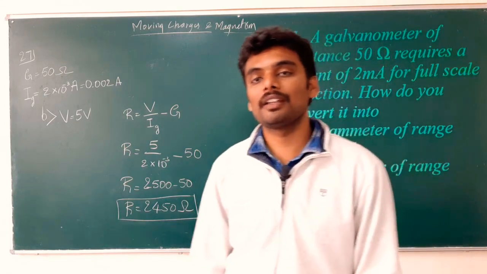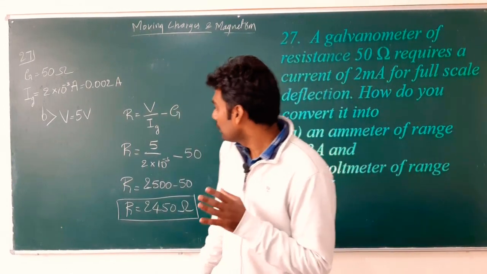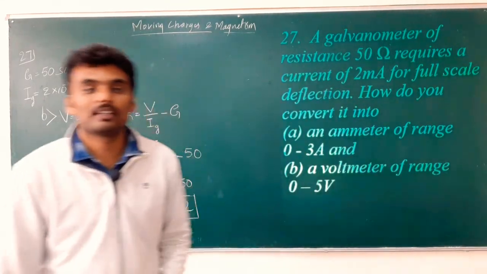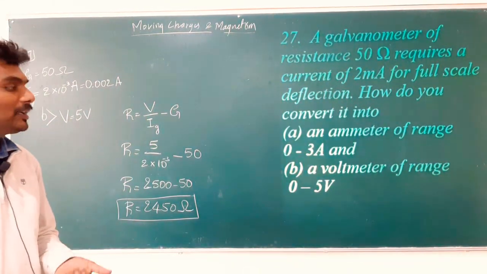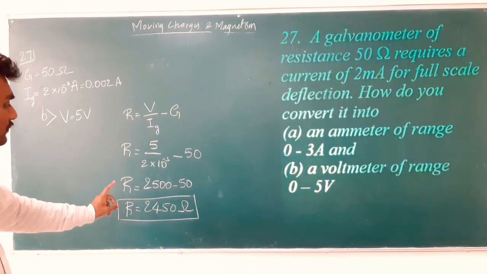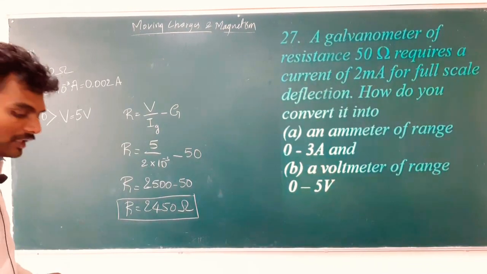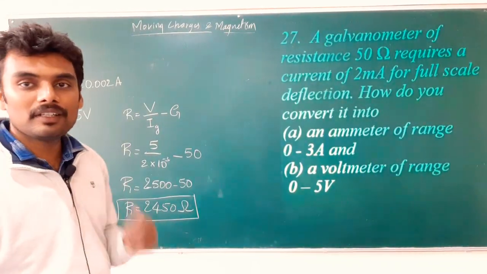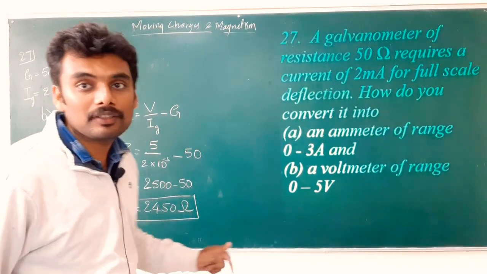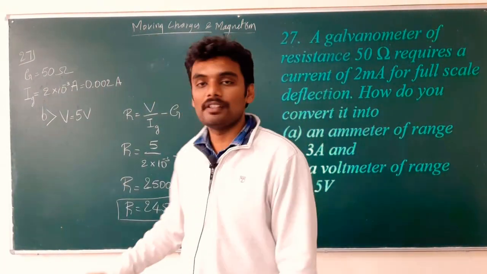Again, this is not the complete answer or the final answer. You should keep the final answer in sentence form. How do you keep that? Therefore, the given moving coil galvanometer is converted into a voltmeter of range 5 volt by connecting a resistance of 2450 ohm in series with the given galvanometer. Okay, that makes the complete answer. You should keep the answer in sentence. Don't forget it. Okay, write it in sentence.